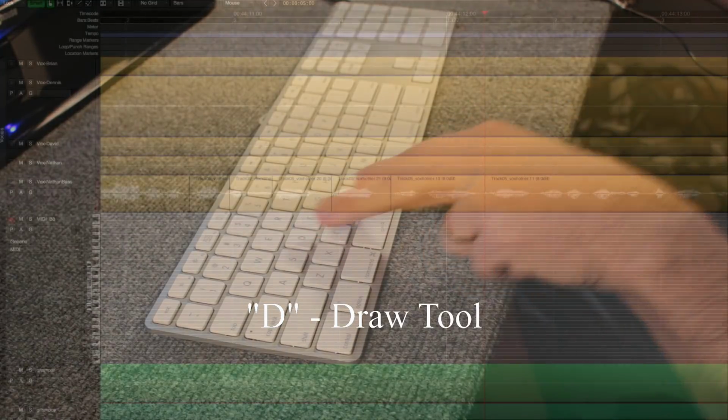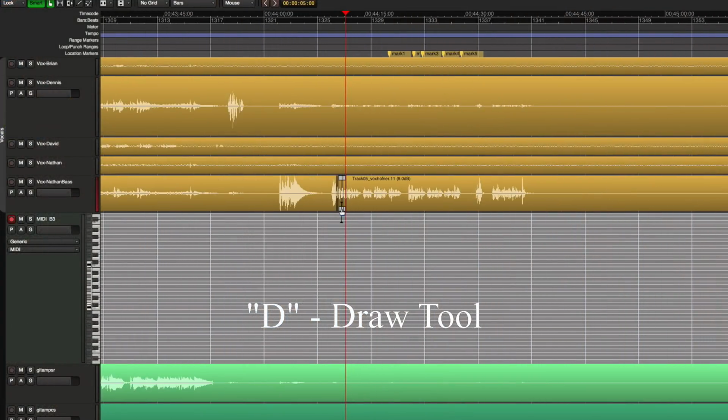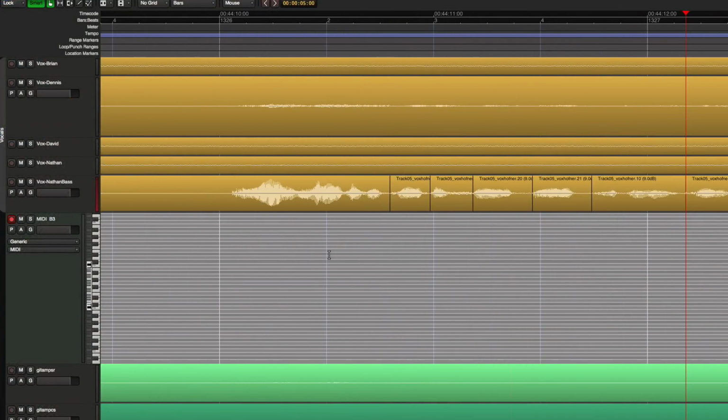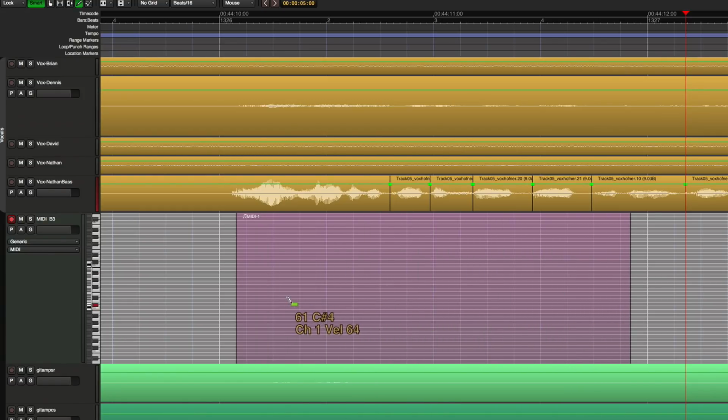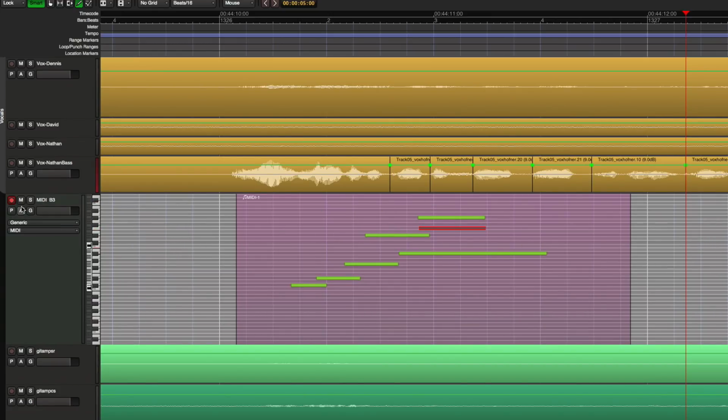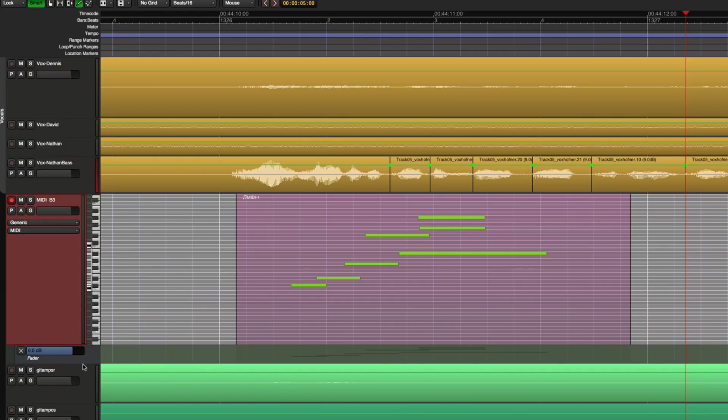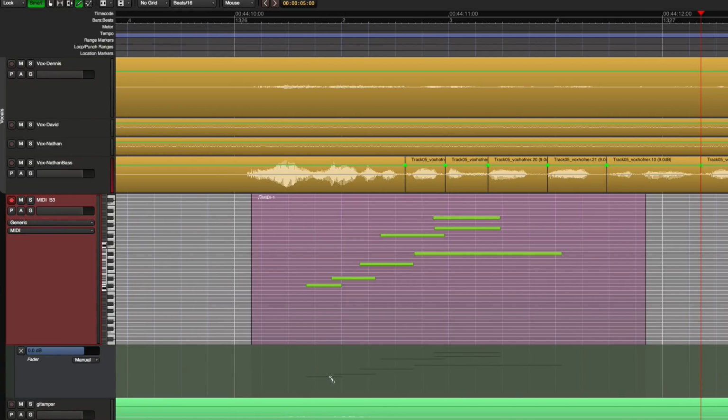D key is also used for MIDI editing, and this is for drawing MIDI regions. So I'm going to press D, I'm going to draw a MIDI region, and then I can write notes directly into the MIDI region. The D key is also useful for writing automation. So if I choose to show, maybe this fader, I can use the draw function to